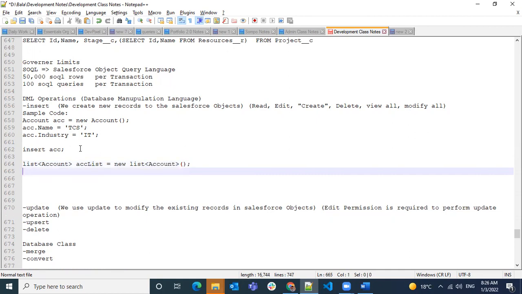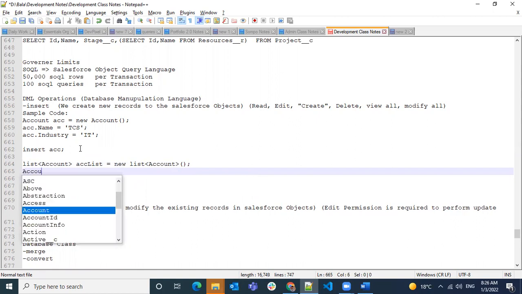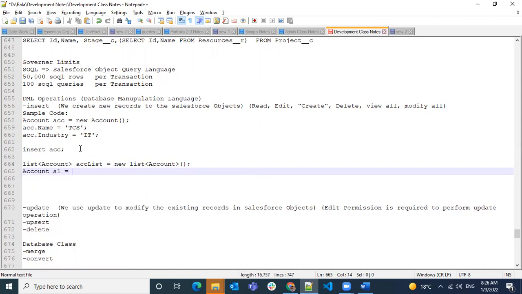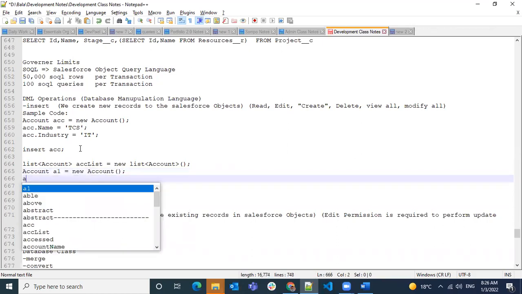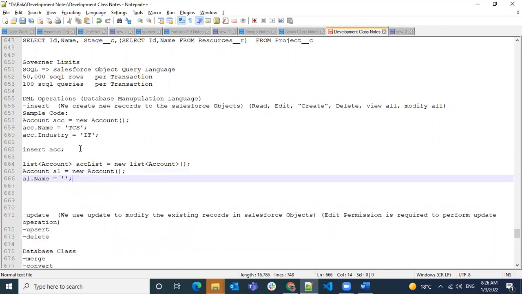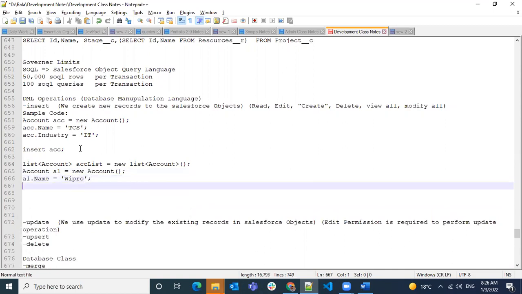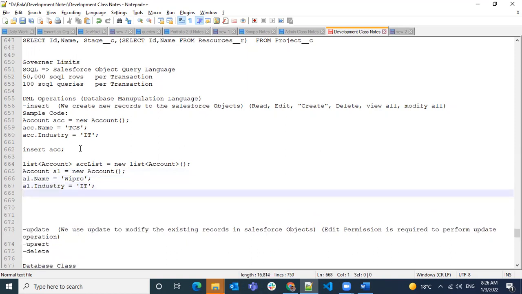So I'm going to use a new list of Account. Here, Account a1 equals new Account. Then a1.Name equals a name, and then Solution, and then here we have the account list.